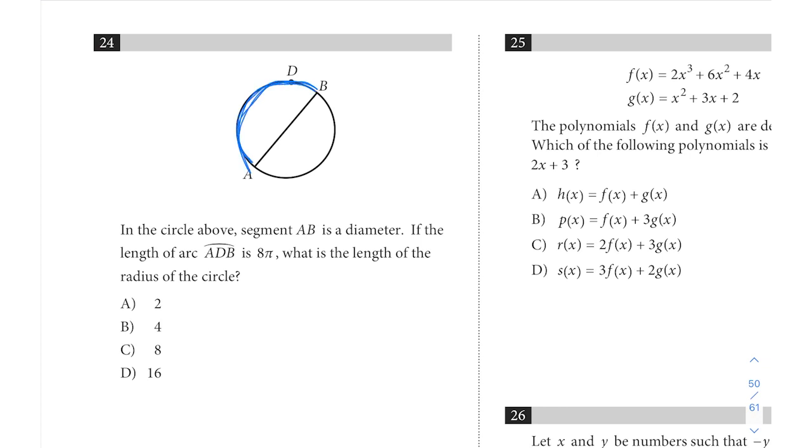So on this next page, for 24, it says, in the circle above, segment AB is a diameter. If the length of arc ADB, which means we're going this way, is 8 pi, what is the length of the radius? Well, they want to know radius for this, and since they give us this arc as 8 pi, we want to figure out if there's a formula that we know that has something to do with arcs or outsides of